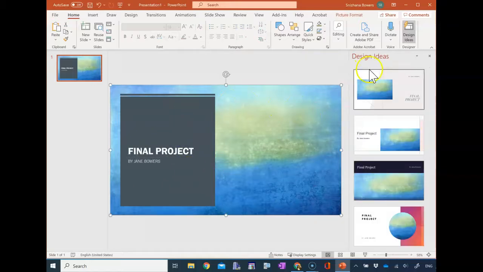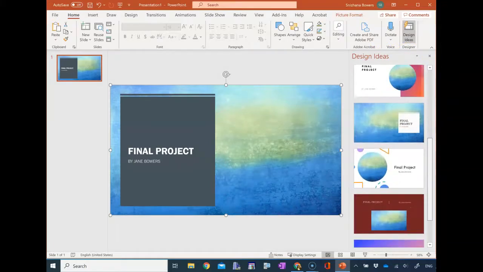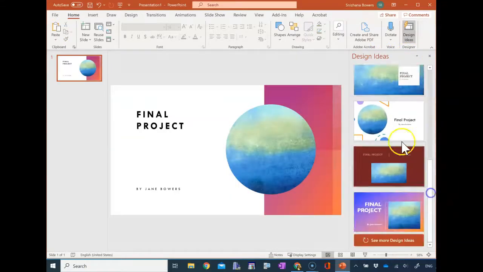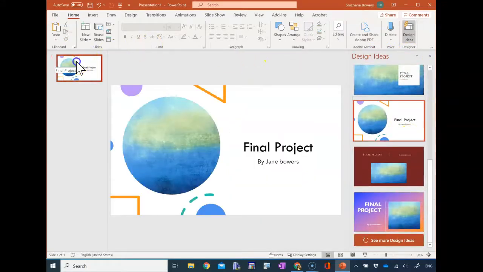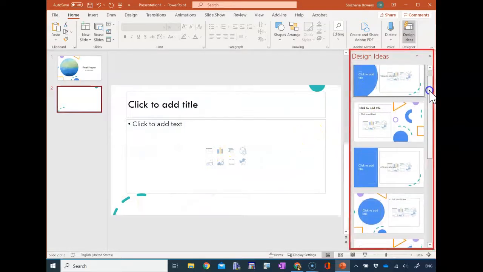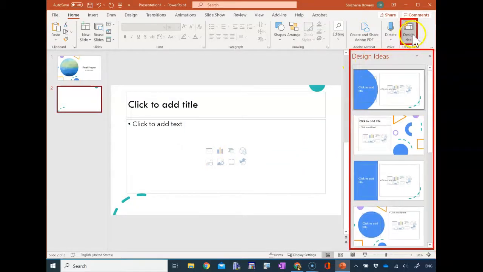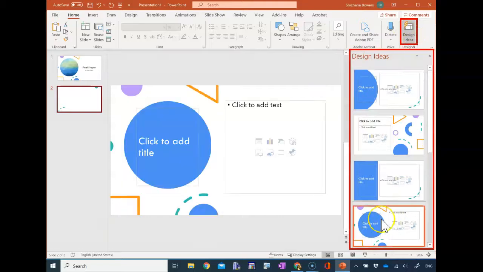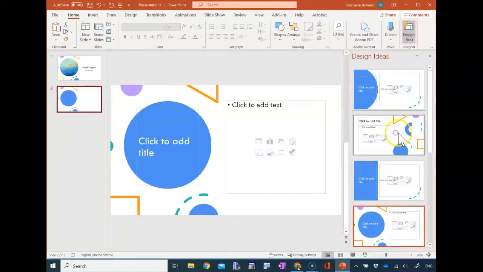Once you have created the first page, go back to Design Ideas on the right side and you can rearrange your first page. To create a new page, go to the first page of your PowerPoint on the left. Click on it, click Enter. If you don't like the template for your next pages, you can always change it by going to the right side or clicking on the Design Ideas icon and choosing the template for each slide.